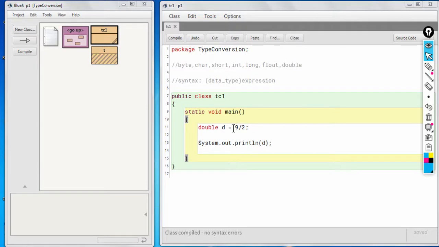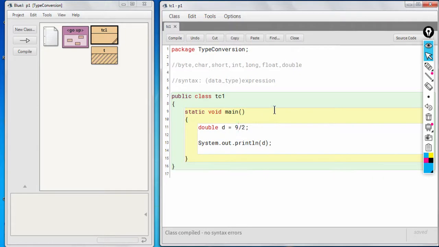But if you want the actual division, okay, the actual value of 9 divided by 2, you need to change one of the operands to either float or double, okay. So there are two ways of doing it, okay.